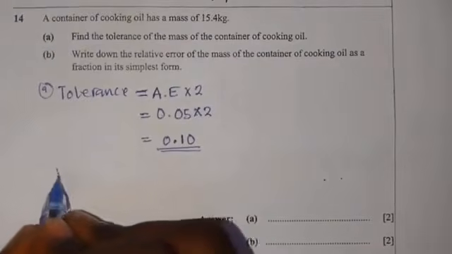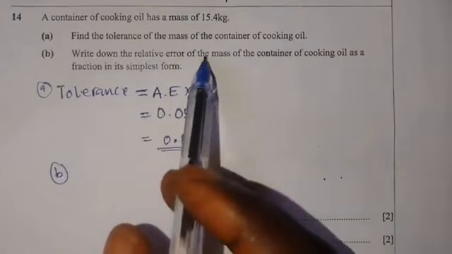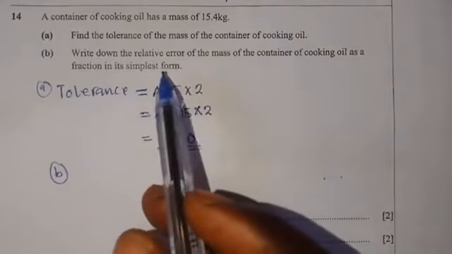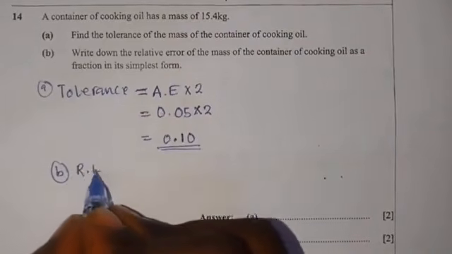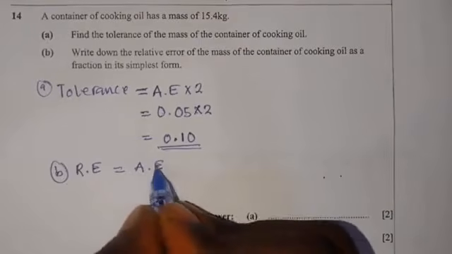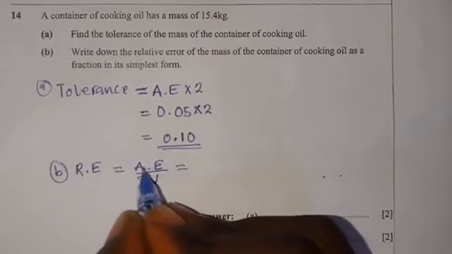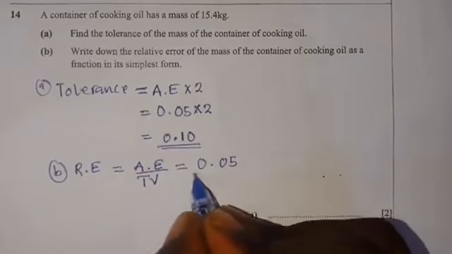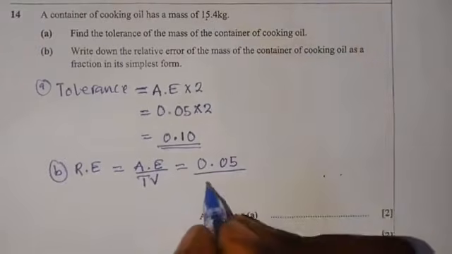Question B reads: write down the relative error of the mass of the container of cooking oil as a fraction in its simplest form. So you need to find the relative error, and relative error can be found by this formula. Relative error is equal to absolute error over true value. So equal to our absolute error, which we said is 0.05, divided by the true value, which is the value that you have been given, 15.4. So we're going to divide by